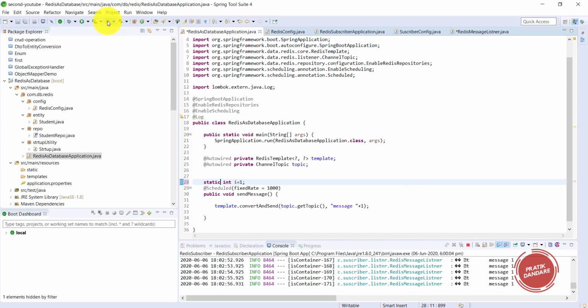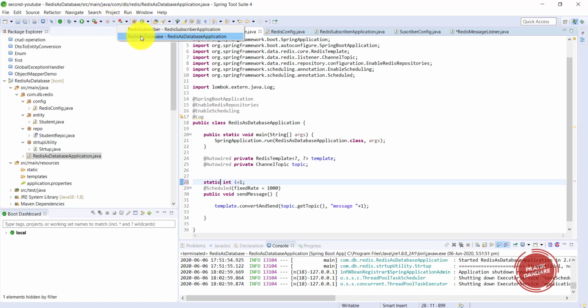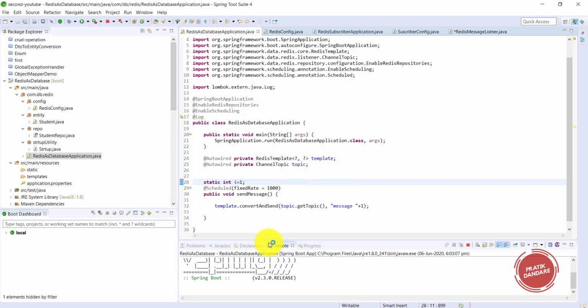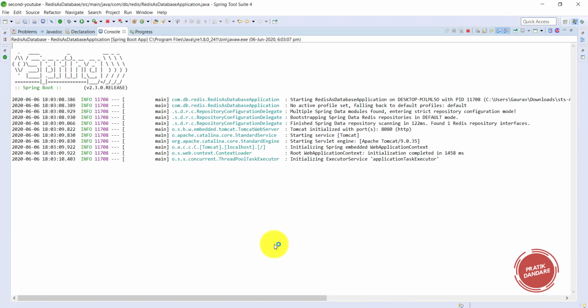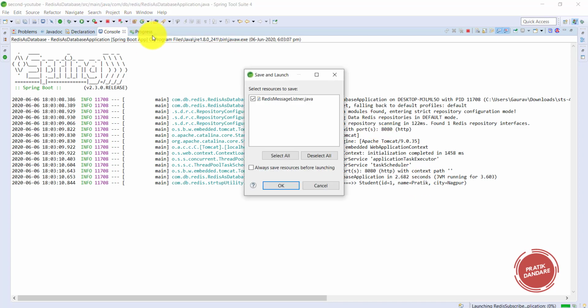I'm stopping one and stopping the other. Now I am running the publisher, which is the old project. The publisher is up on port 8080. Now I am running the subscriber and let's see what happens.